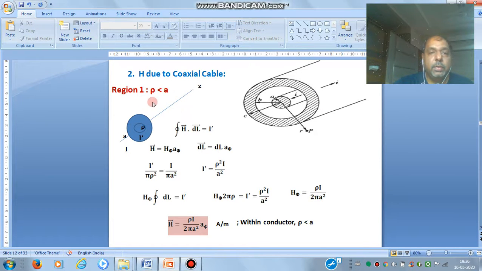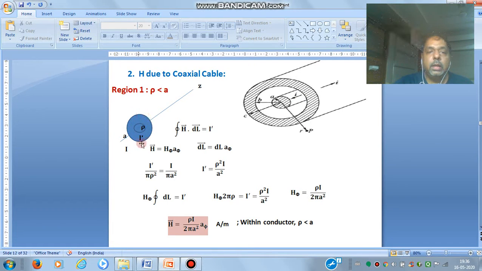Now, first we see what the magnetic field intensity value will be inside conductor 1, where the total current flowing in the whole wire is I. So we will apply Ampere's law again here. For the first case, rho less than A. Suppose this is a point P at distance rho, where we want to calculate the magnetic field intensity H. So we take again a closed path that will enclose